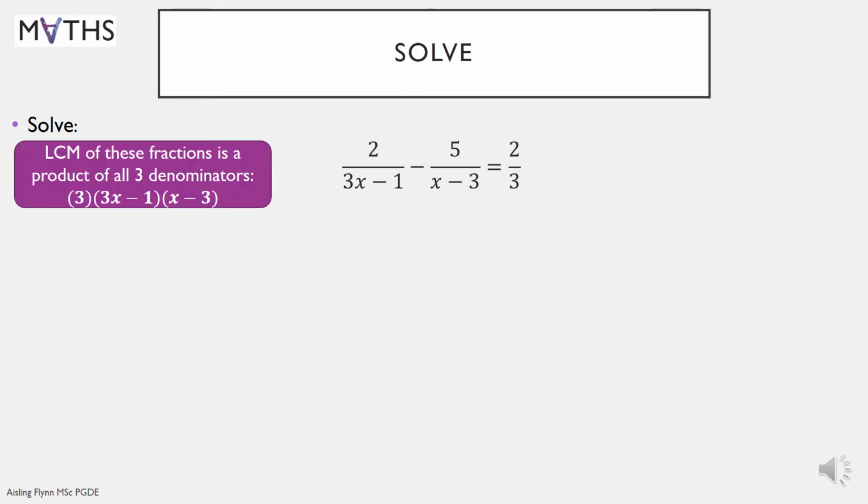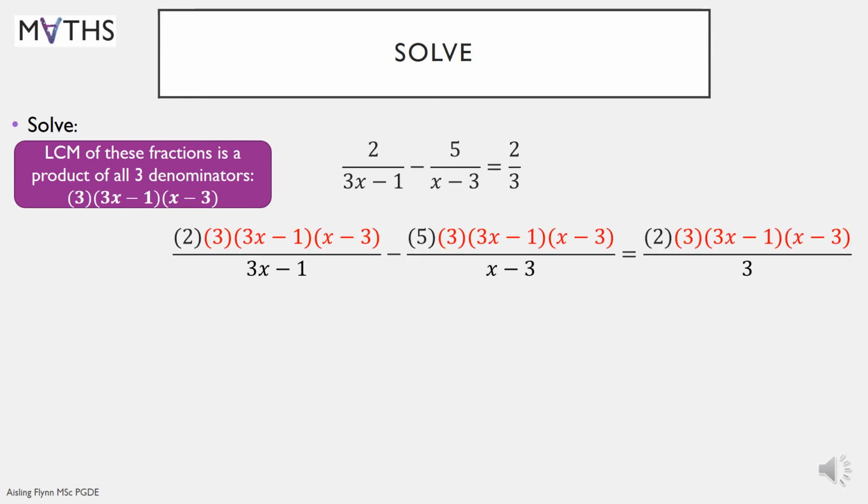Okay, so our lowest common multiple is the product of all 3 denominators. So we're going to multiply each part, left and right, by the common multiple. Okay, so it's there in red. You can see, yes, it's long, it takes up lots of space, but after we use division, things should be much more simplified. So dividing then,